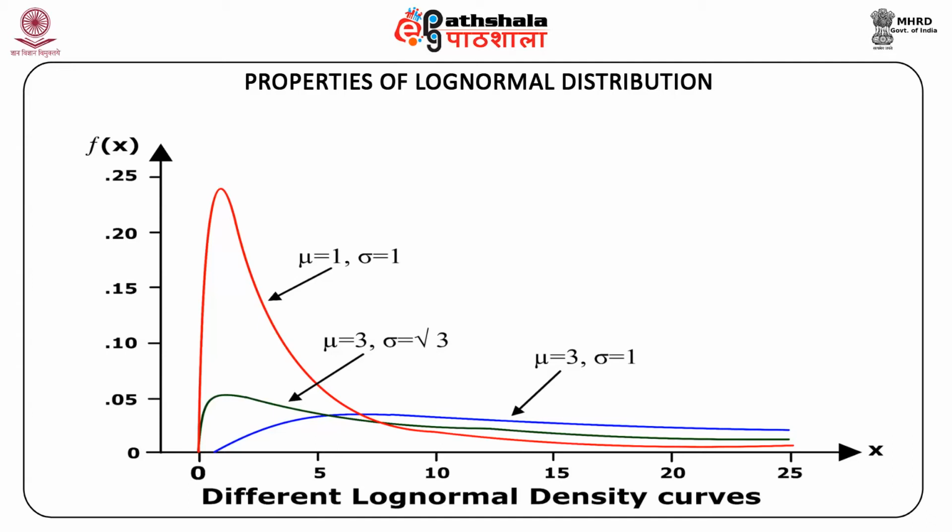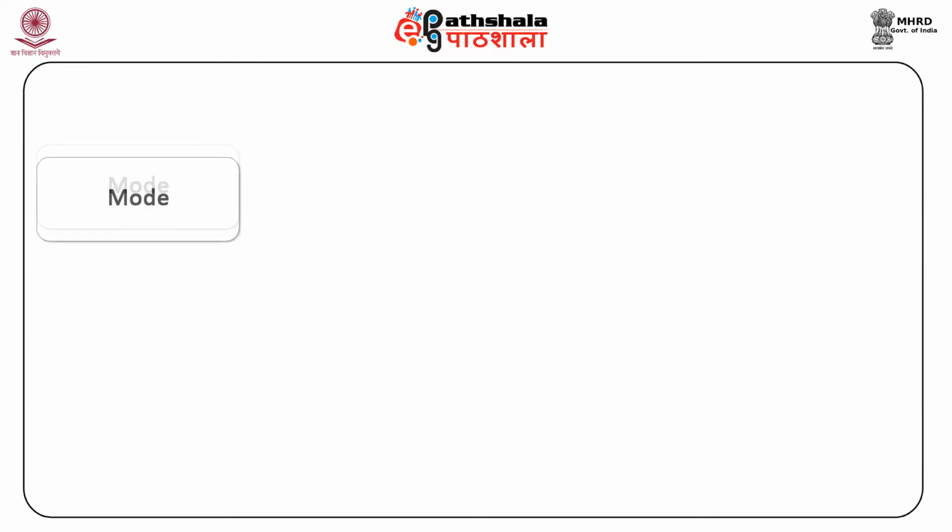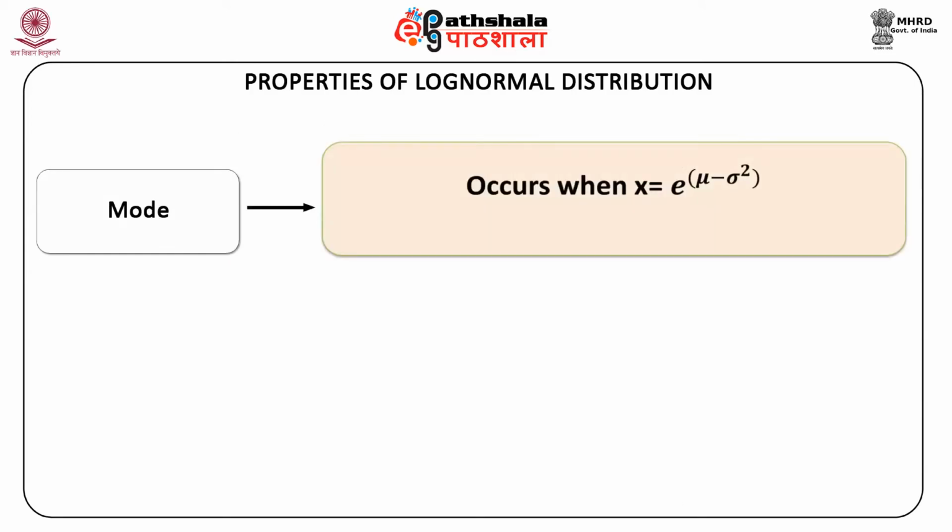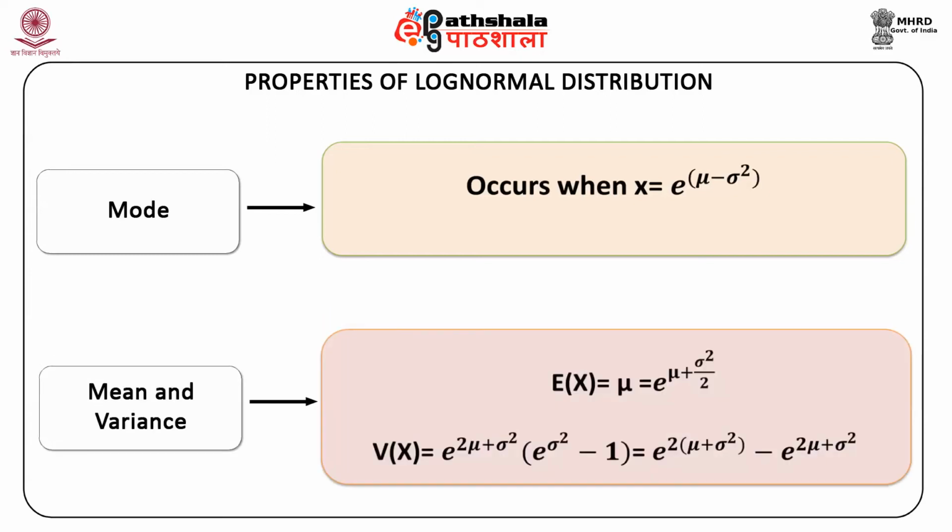As the value of x increases, the function f(x) first increases, reaches its maximum, and then decreases. The function f(x) tends to 0 as x tends to infinity or to 0. The mode of the function occurs when x is equal to e raised to the power of mu minus sigma squared. The mean and variance of x in log normal distribution function are